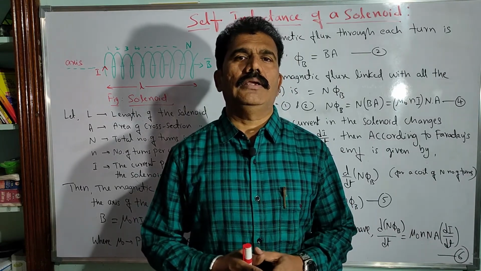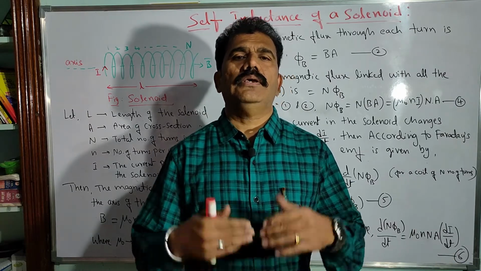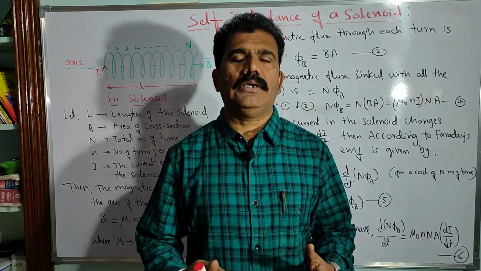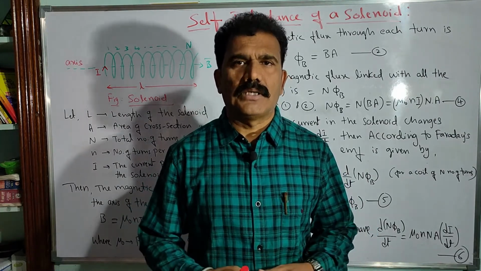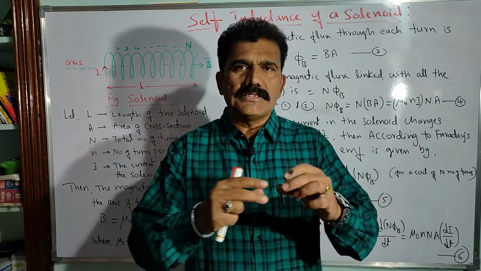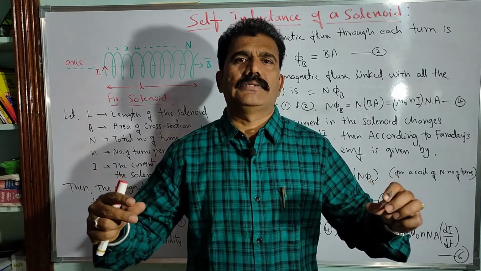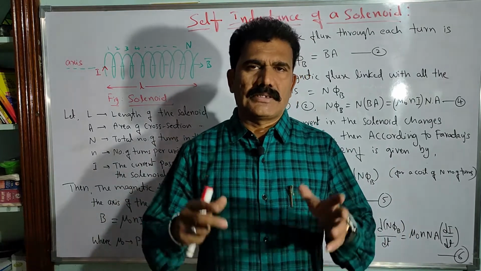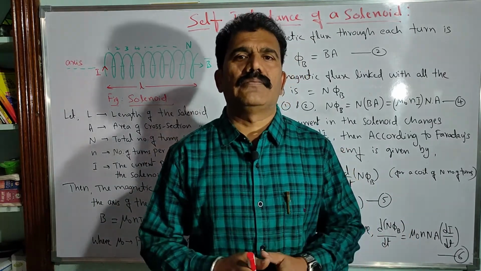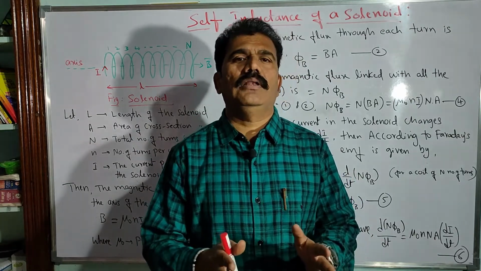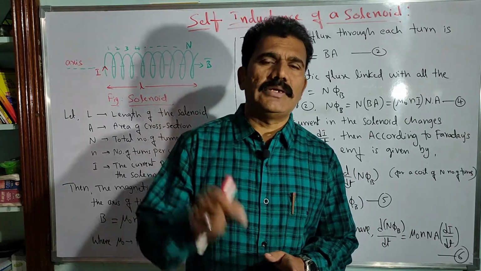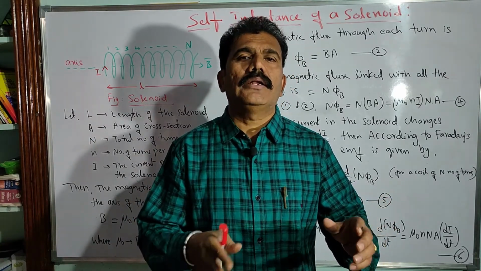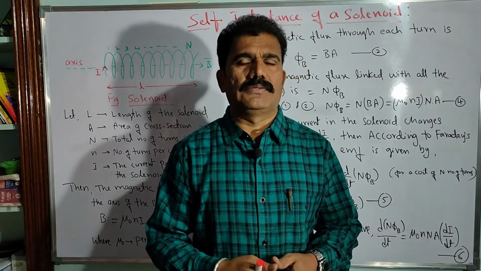Now particularly, what is the self-inductance of a solenoid? What is a solenoid? It is a conductor consisting of a certain number of turns. That means it is like a spring type of device, made by any conductor. Let us consider that kind of solenoid, which will have a constant self-inductance. That self-inductance of the coil is a property, and it depends particularly upon its length, its area of cross section, and the number of turns present in the coil also.